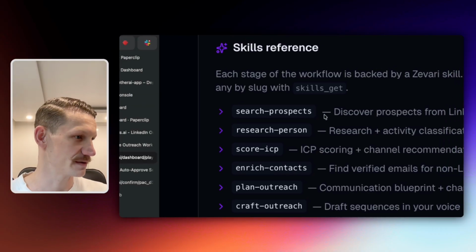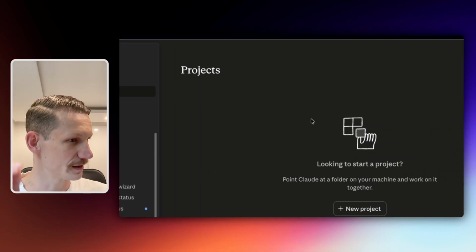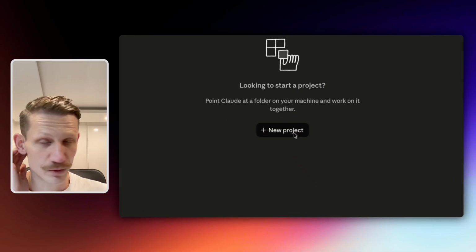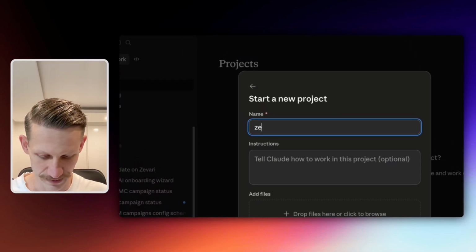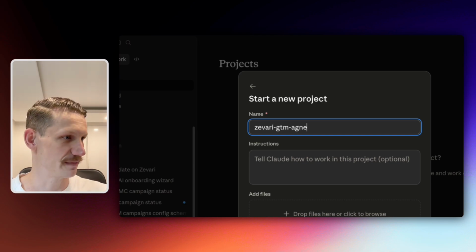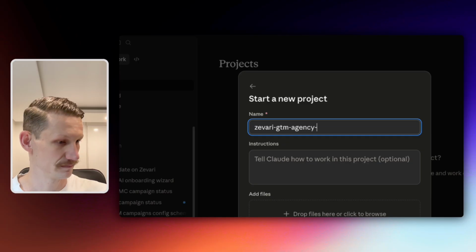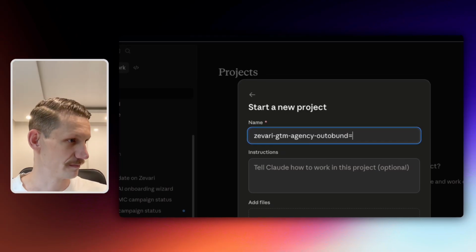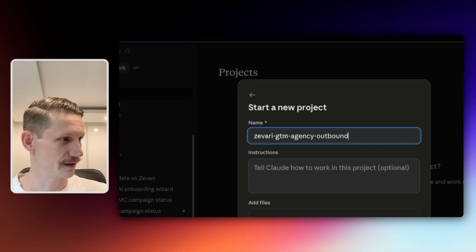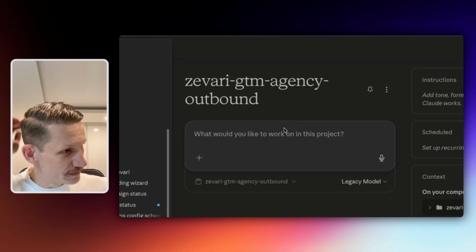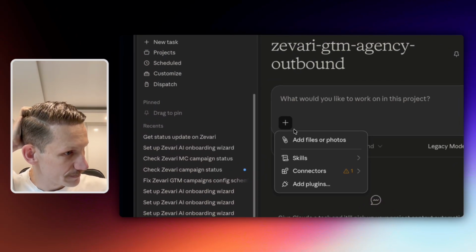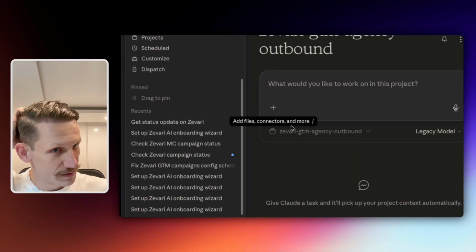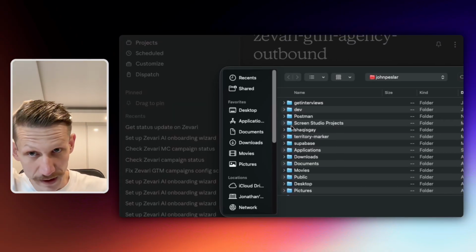Let me switch tabs. Pull up Claude. So here we go. I'm going to do a new project for you guys. Start from scratch. I'm going to call it Safari GTM Agency Outbound. Well, we can spell outbound, can't we, right? Great. So now we've loaded this up. We need to add a file here. So with any project,